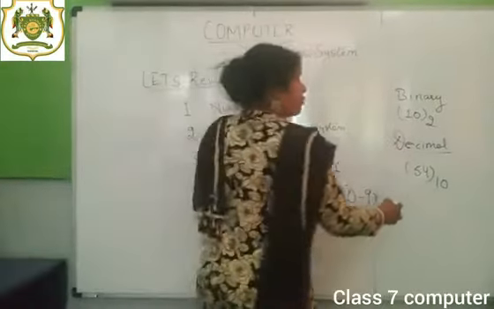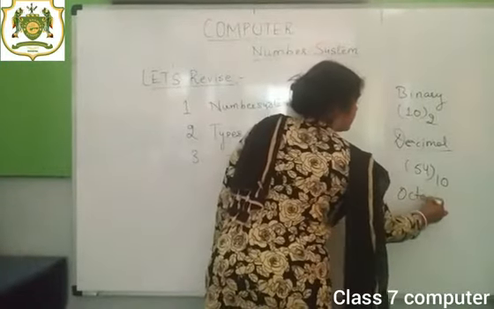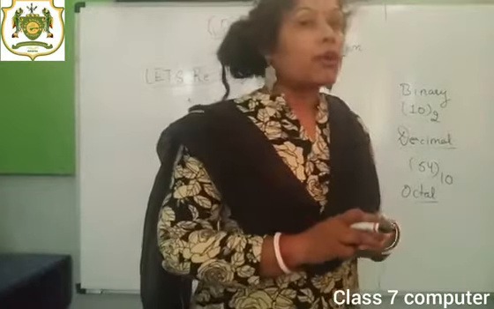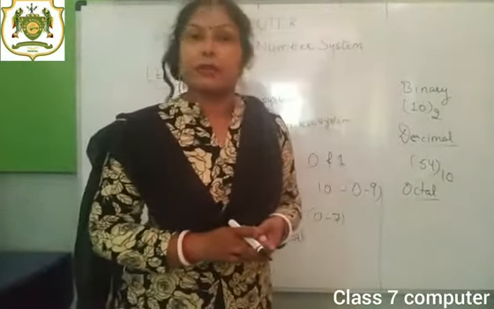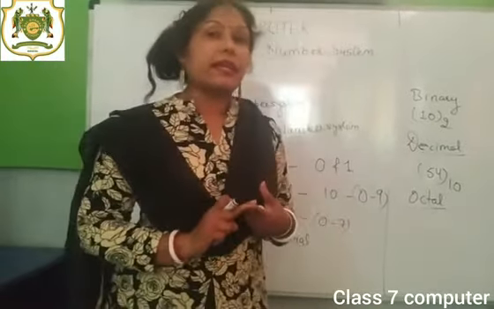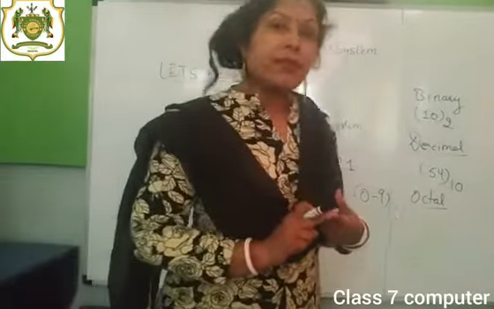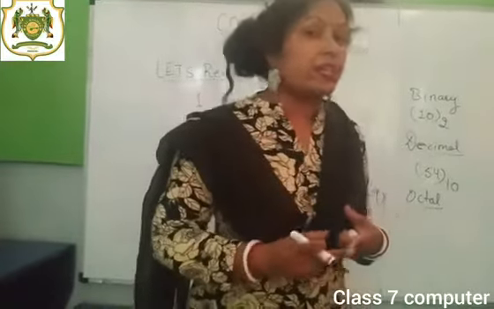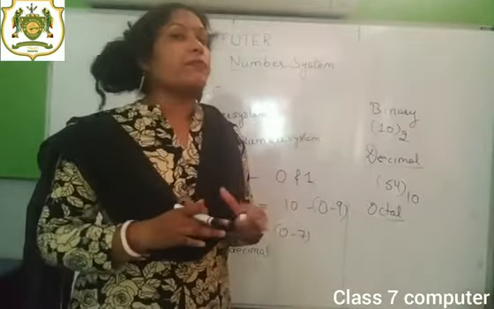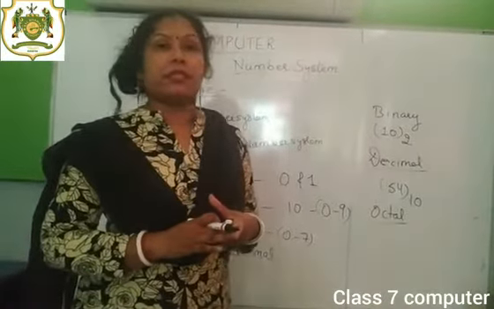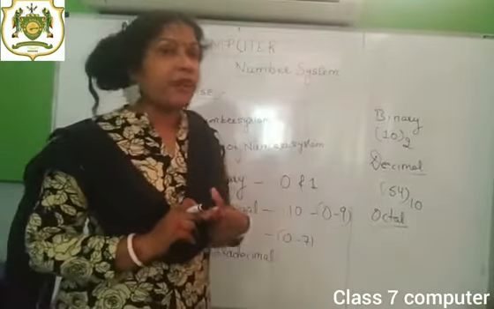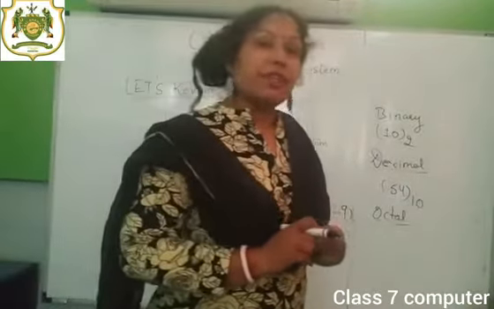Now I am taking one more example for the octal one. Octal, how are you going to represent the octal number system, students? Octal number system can be represented by the base 8. And similarly, the hexadecimal number system can be represented by the base 16 because it has 16 digits in total. So this way we can represent all the different types of number systems with their base. Bases are also known as radix. If you remember, we have studied all these things in our previous session.